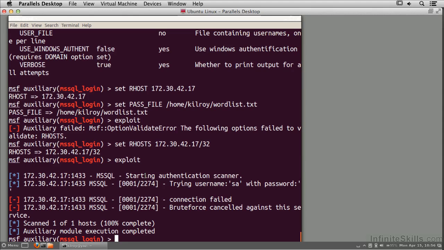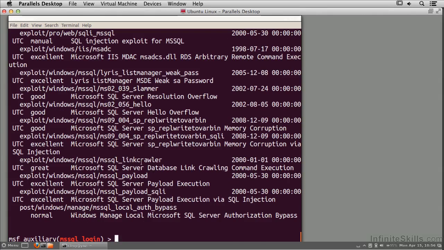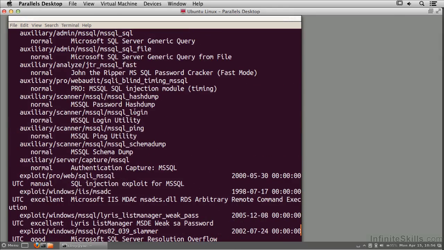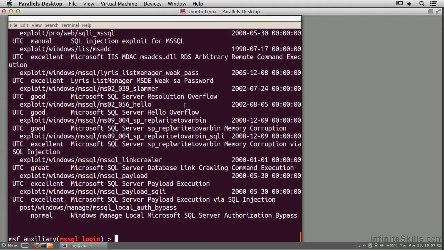But if we were able to do that and actually get in there, there are a number of other things that we could actually do once we had found the password and were able to log in. You can see that there are a number of attacks here. We've got a password hash dump. We've got the schema dump. Once you're able to get the password, there are a number of other things that you can do once you get in. We could run MS SQL enum and get the configuration, and we could get an XP command shell. There's a number of things that we would be able to do once we got the password to the system,